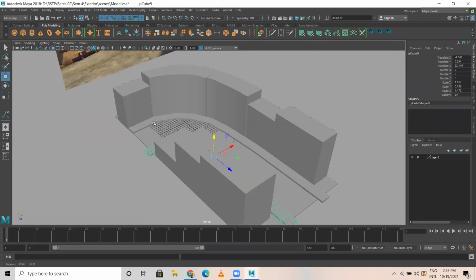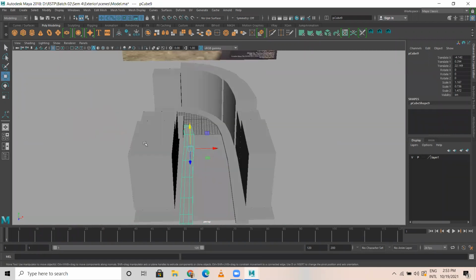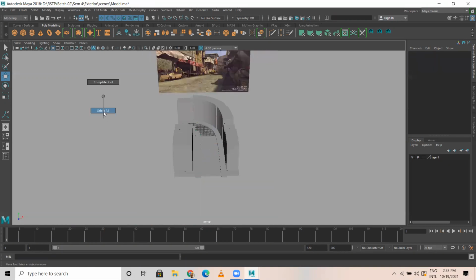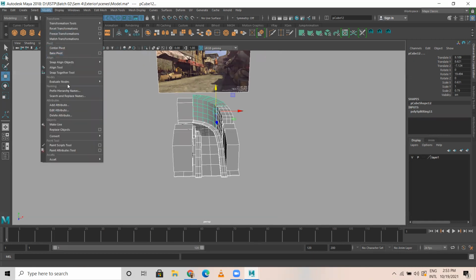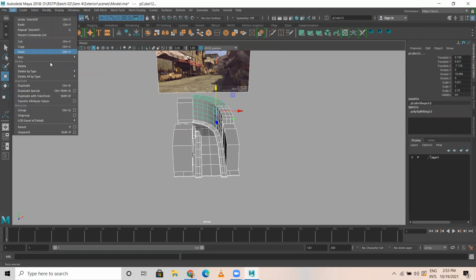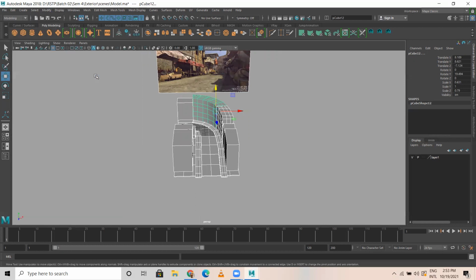Okay. Now coming to your question, I'm going to save this first. In the meantime, you need to select all the mesh and all. Go to modify, edit, delete by type history first thing. Then modify, freeze transform, modify, center pivot. These things you have to repeatedly keep on doing.